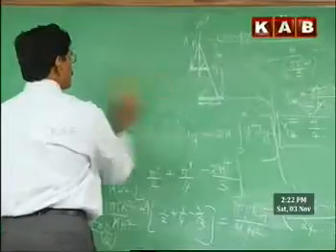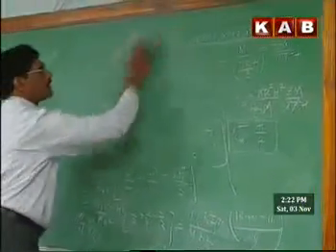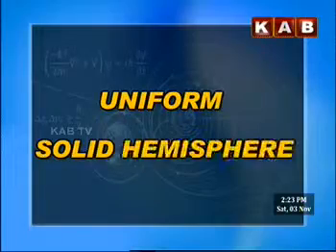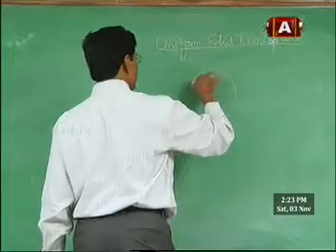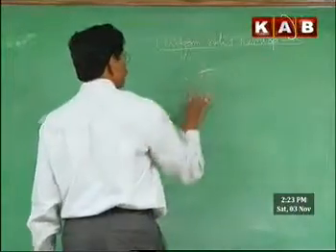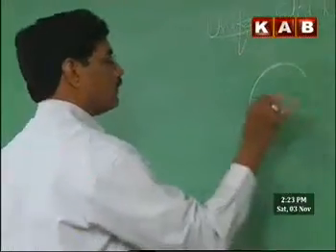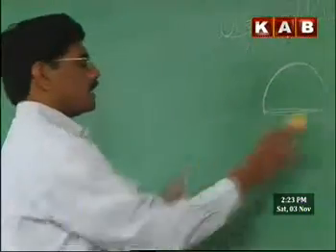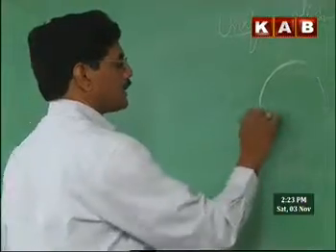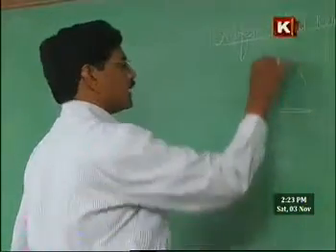Next we go for the center of mass of a solid hemisphere. Let us consider this also to be symmetric. It need not always be symmetric about the y-axis, you can also try with x-axis symmetry, but here, since we were considering other examples parallel to the y-axis, here also we consider symmetry about the y-axis.